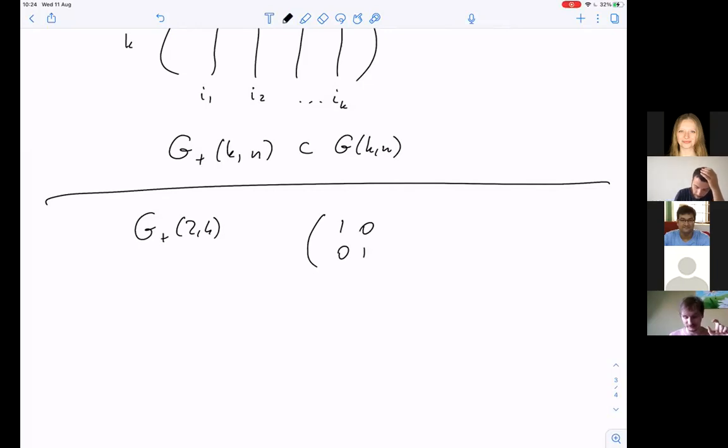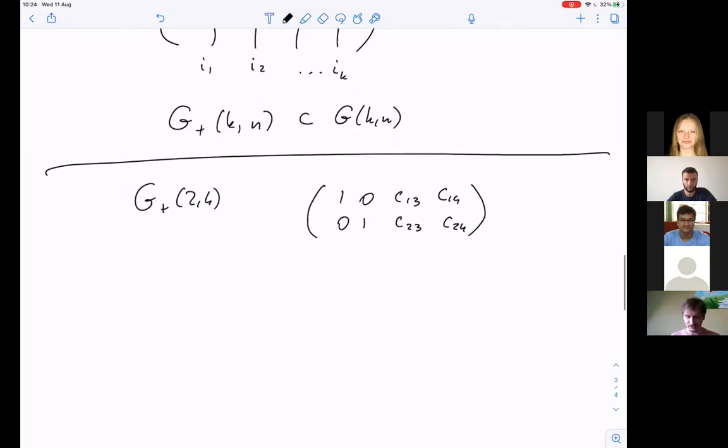GL2 is fixed, and then there's C13, C14, C23, C24. Okay, so this is an element of the Grassmannian, but now I want to restrict to a positive part of it. So not all C's are allowed now. What I need to do is find all maximal